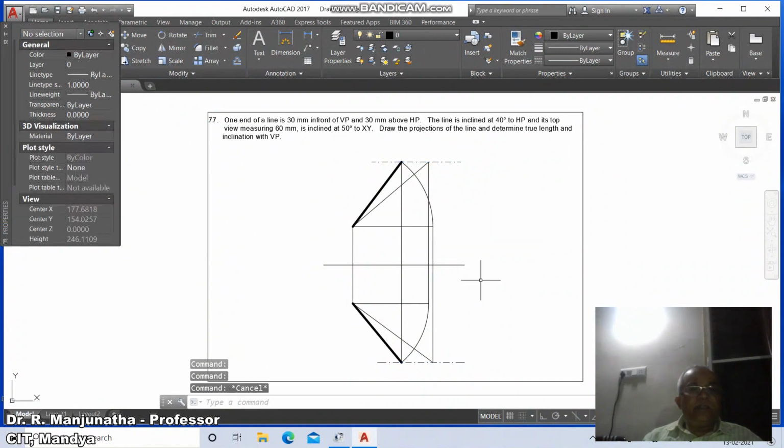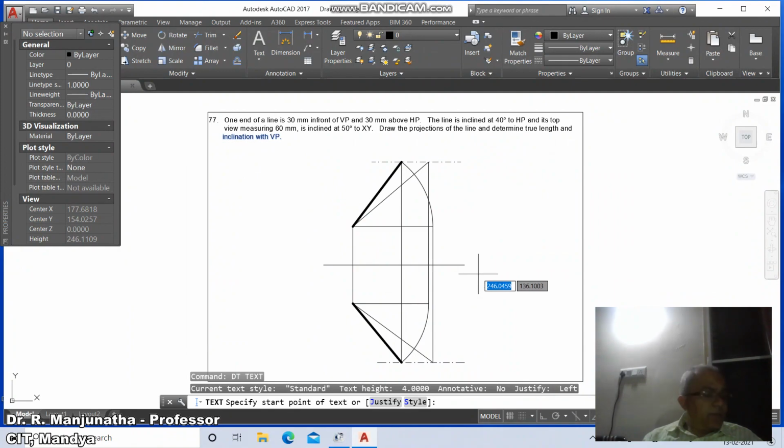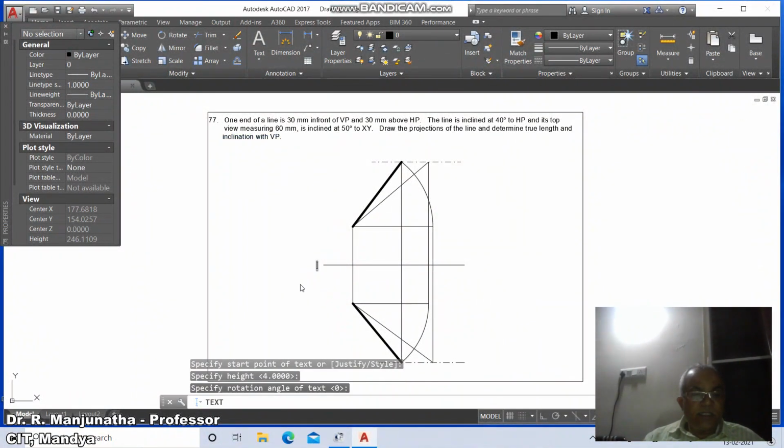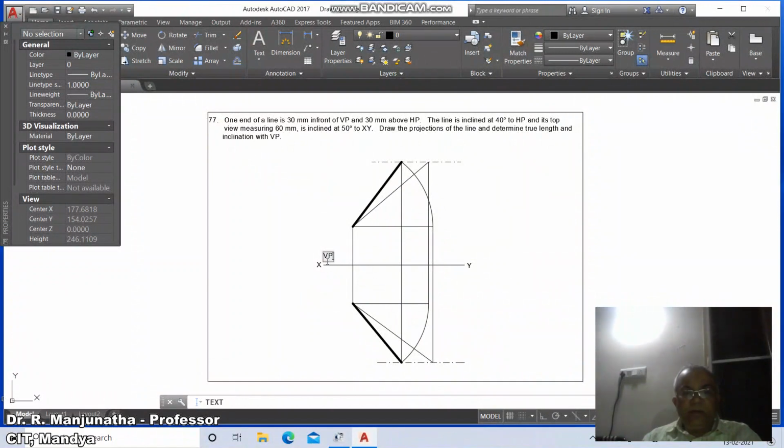So now once you get this, we go for the D-text. So go to D-text. Here you mark this as X and this as capital Y, this as VP, this as HP.